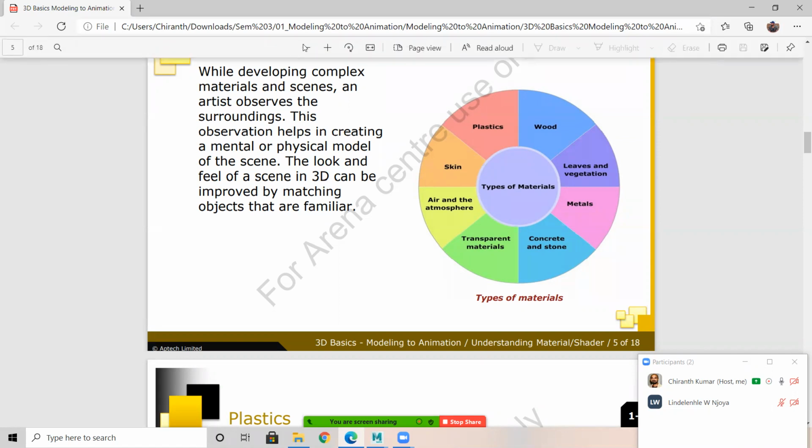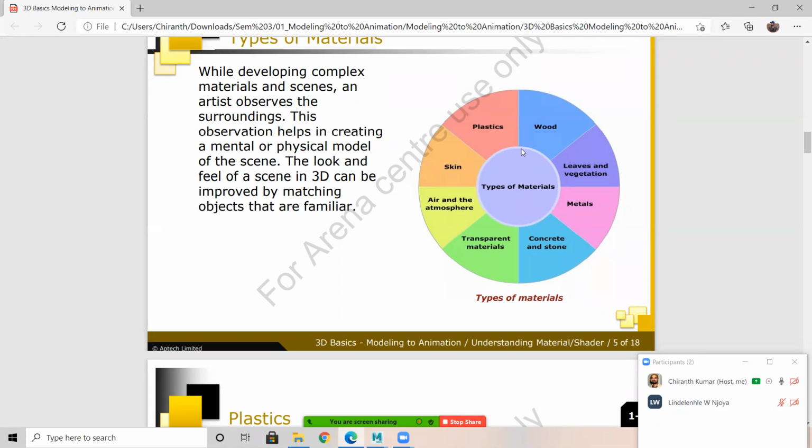So now, there are types of material, as I said, and based on these we need to work on the material. The difference is only the reflection part, reflection or refraction. Reflection is, for example, a mirror, a clear example. Refraction, water.